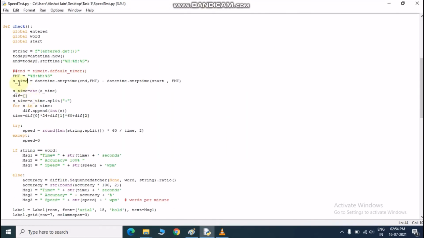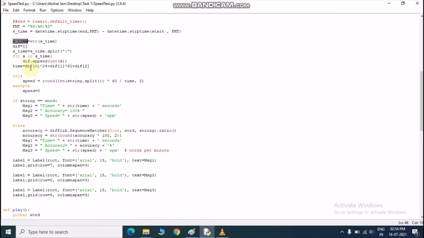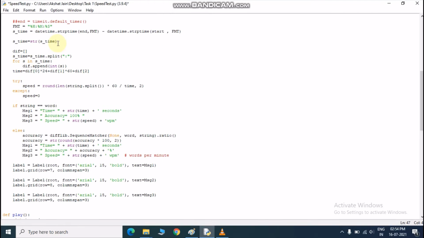Okay, so here we are. Now I want to know the difference. As I told you earlier, s time is of type datetime, so we can only convert it to string. Here we have converted it to string like this, and now I want to have the difference. Currently the difference is in string datetime, and we cannot perform mathematical operations on it directly without converting it. When I convert it to string I will get a value something like this.